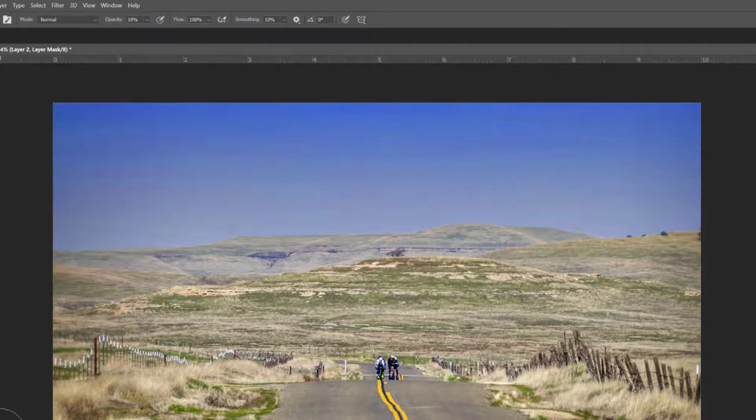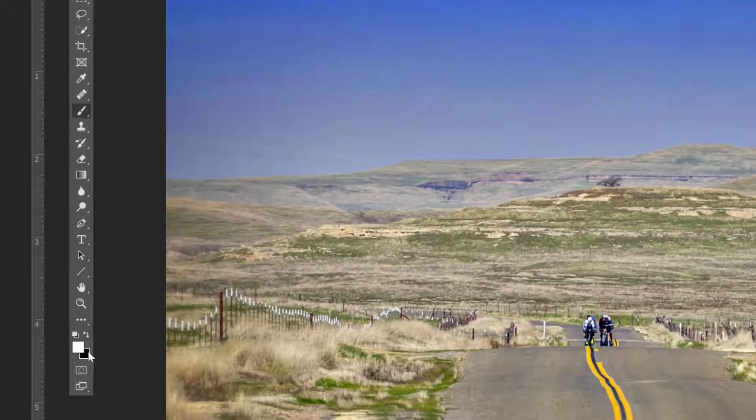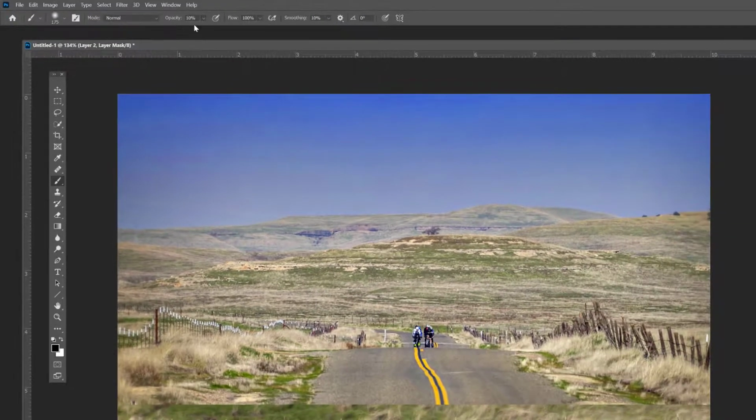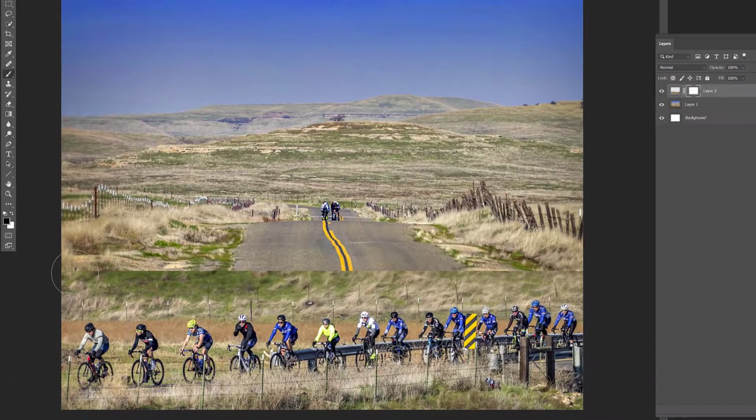That's going to dictate how much color is put down at a time on this. All right. Then I'm going to go over here to my background and foreground color. I'm going to click the little switch button right here, or swap button. That's going to put black back into my foreground color. So I have black in my foreground color now. I'm on a paintbrush that is large with a soft edge, and my opacity setting at the top is 10. And if I go back in here and paint,